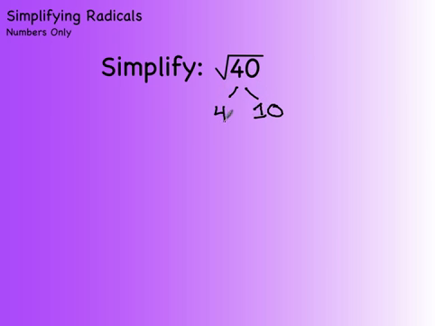Now, 4 is not prime because I can divide 4 by 2. So we get the numbers 2 and 2. And we do know for a fact that 2 is prime. And then we're going to break down 10. What two numbers can I multiply to get 10? Now, you might be thinking 1 and 10, and you're not wrong, but we don't want to use that in this example